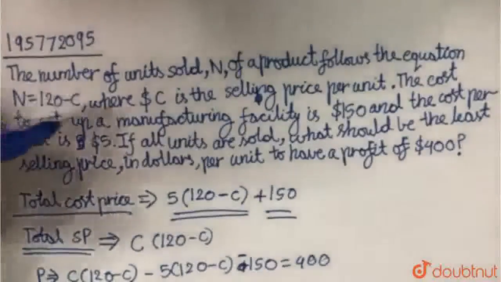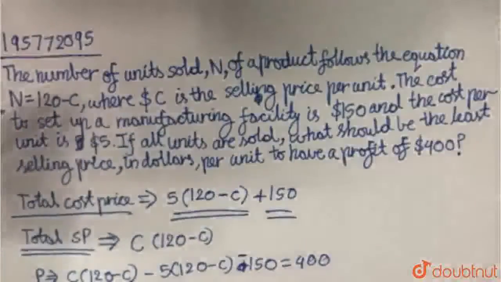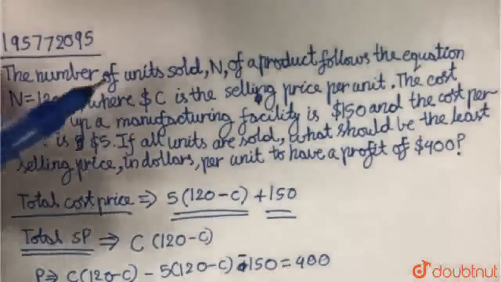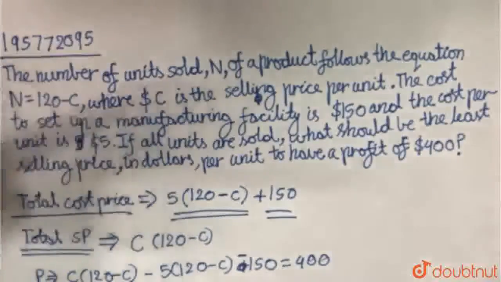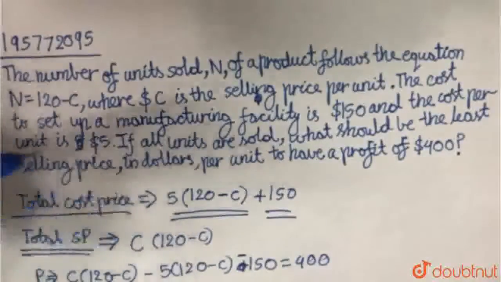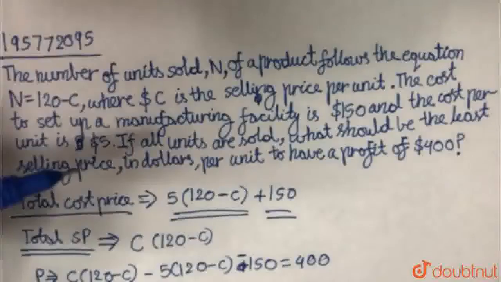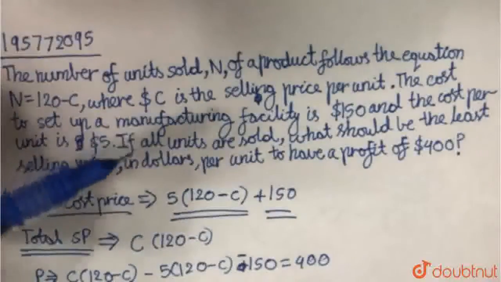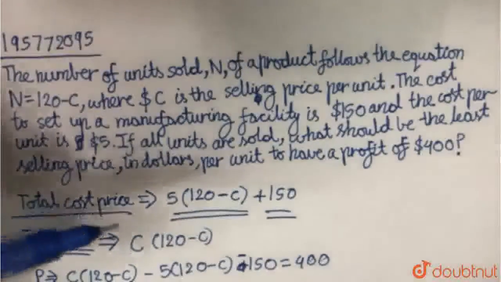The total number of units n of a product follows the equation n is equal to 120 minus c, where c dollars is the selling price per unit. The cost to set up a manufacturing facility is $150 and the cost per unit is $5. If all units are sold, what should be the least selling price in dollars per unit to have a profit